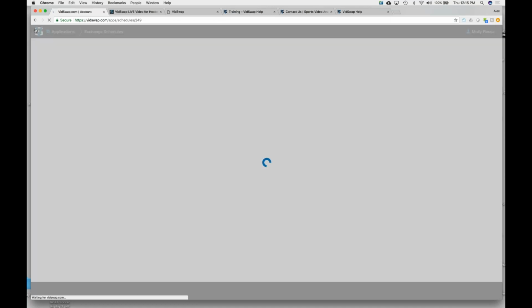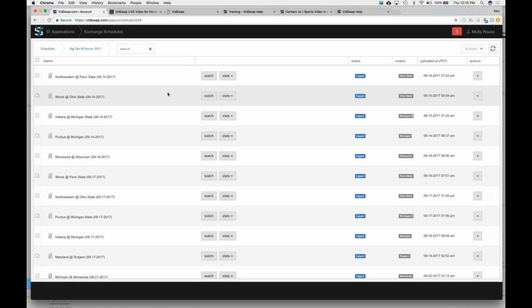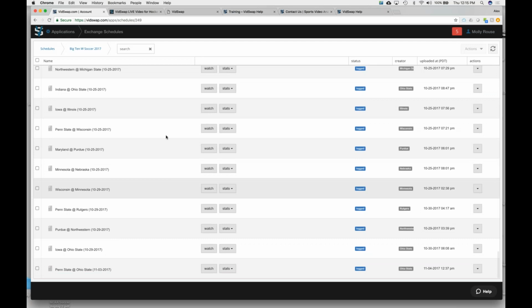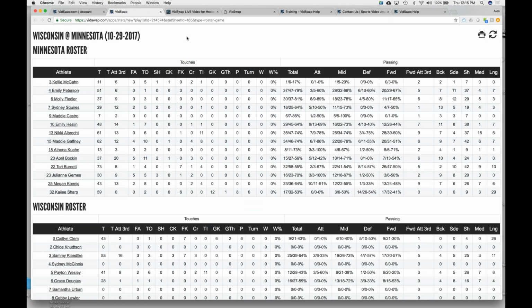Okay, so let's go back to a game here. I want to talk a little bit about the statistics and charts here. On every game, you'll see that there's a stats button here where I can see the individual statistics, individual stat sheets. So if I look at the individual advanced stats on this soccer game, I can see